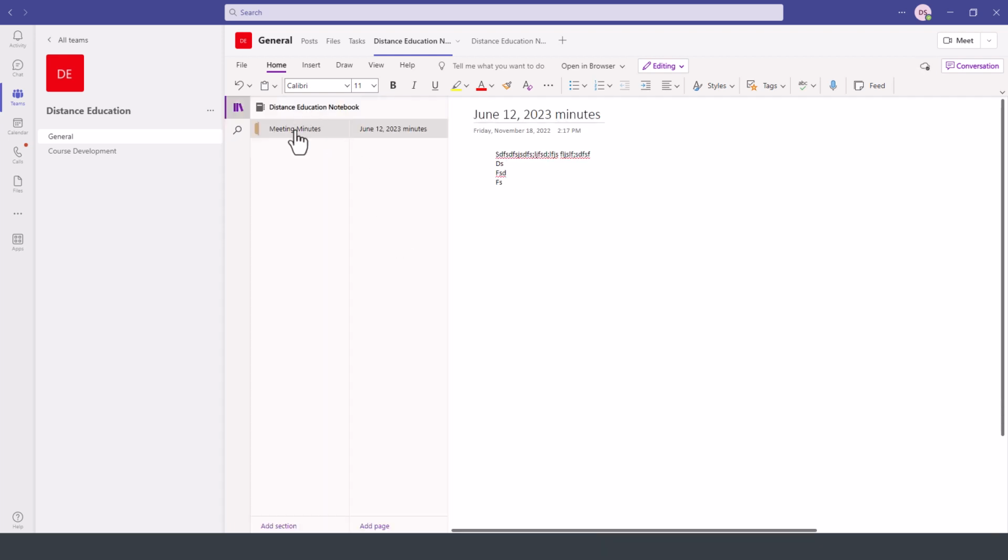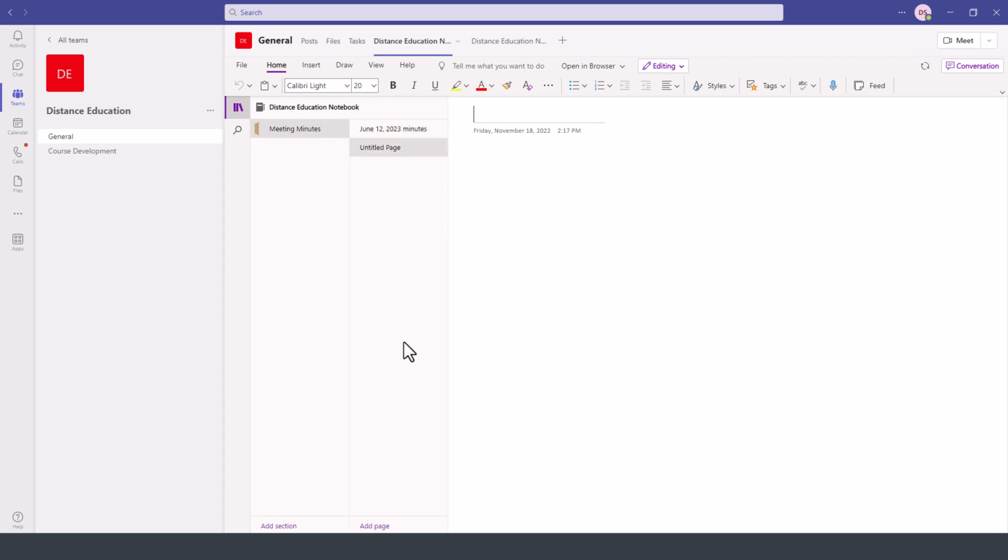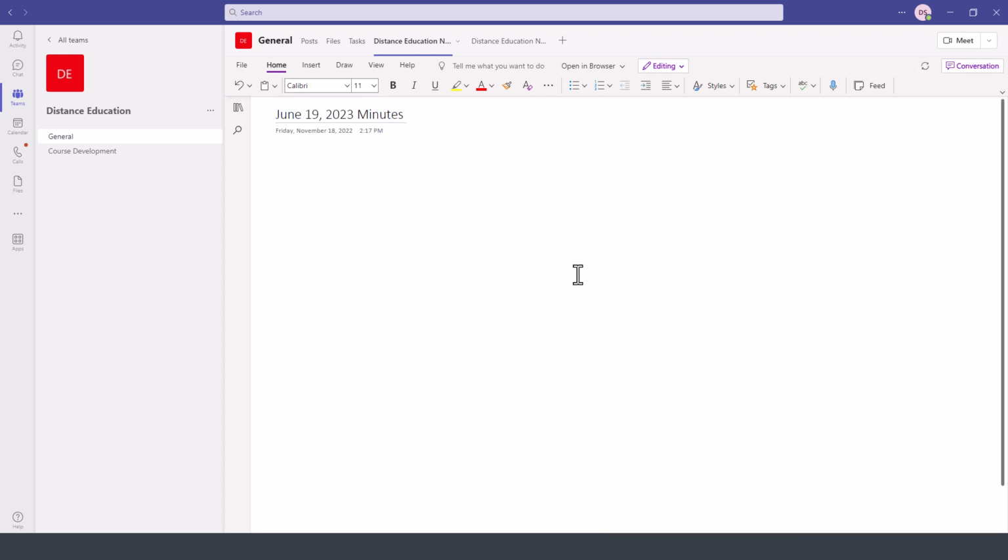Now that we have the meeting minutes section, we go in the bottom here and click on Add Page. This will add a new option for the meeting minutes, let's say for June 19th, 2023, and so on. So it's a great collaboration tool for tracking and managing documents or notes or charts or whatever you want within